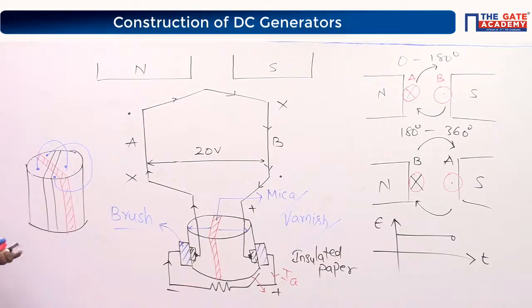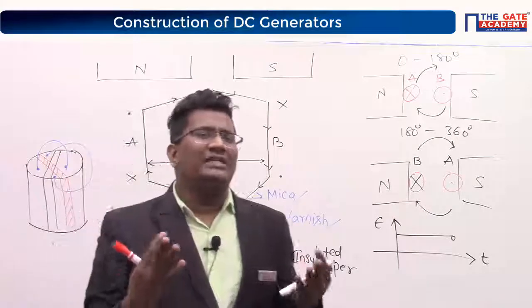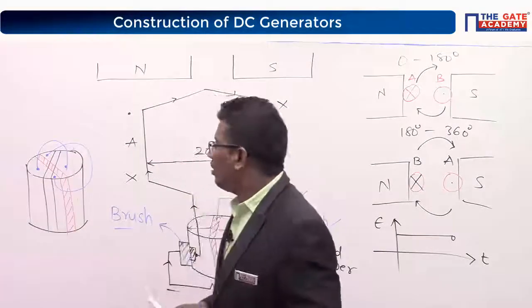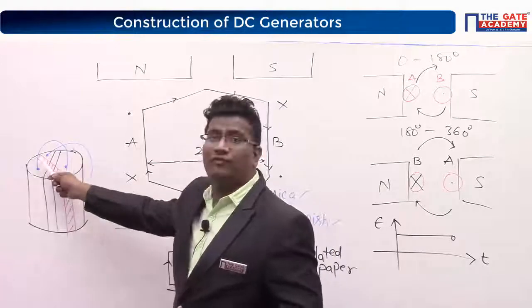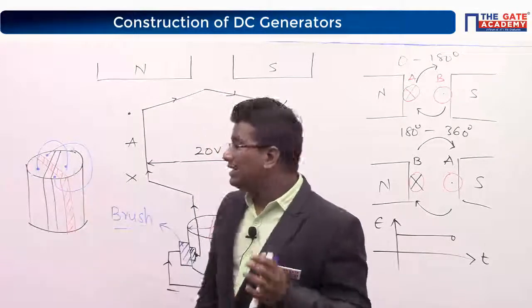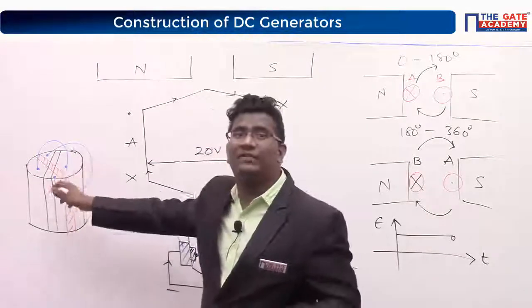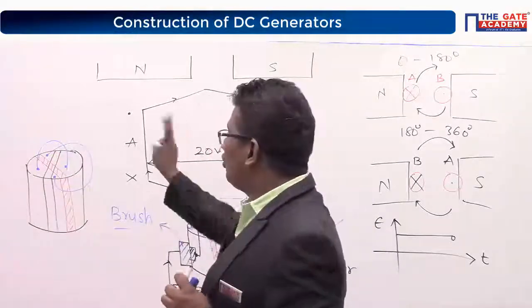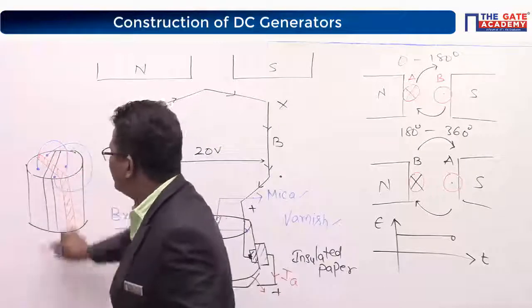Tell me. Is there any current flow between these two? No. Any current? No. It means, can I say all the four sides are away from the short circuit or not? All the four conductors are away from the short circuit? Yes. Is there any possibility for current to flow between any one conductor and another? No. Therefore, two coils means two segments.